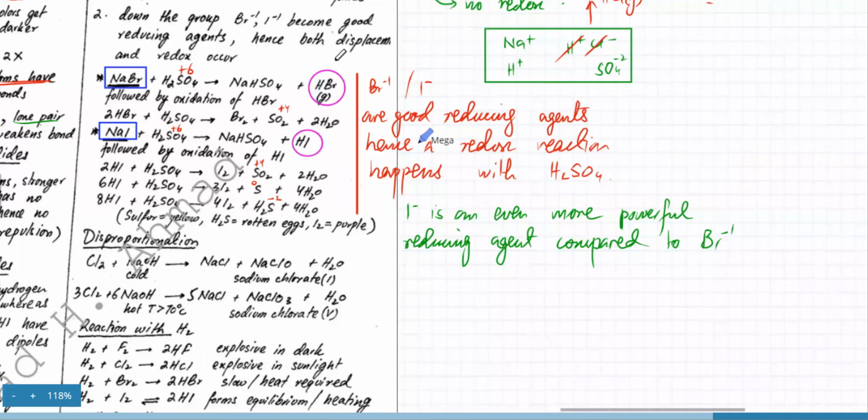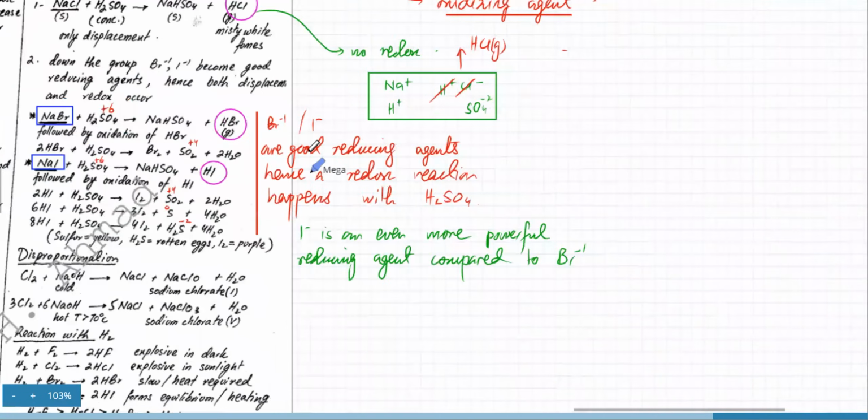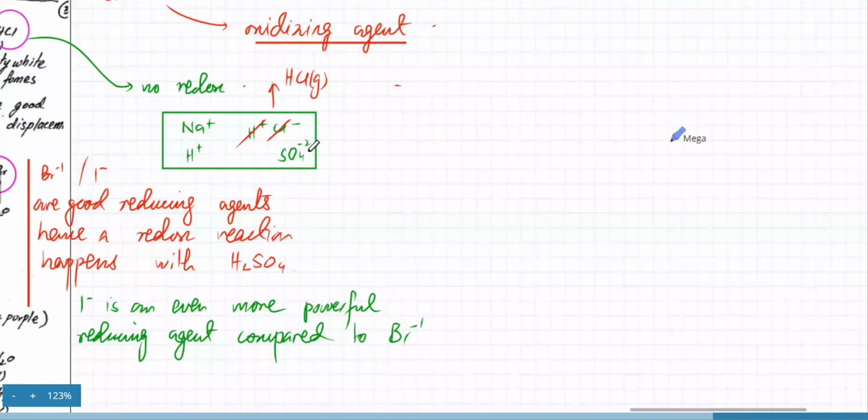So how do you, if you want to form HBr and if you want to form HI, what do you do? What you do is, I'm going to write it here. To prevent a redox reaction,